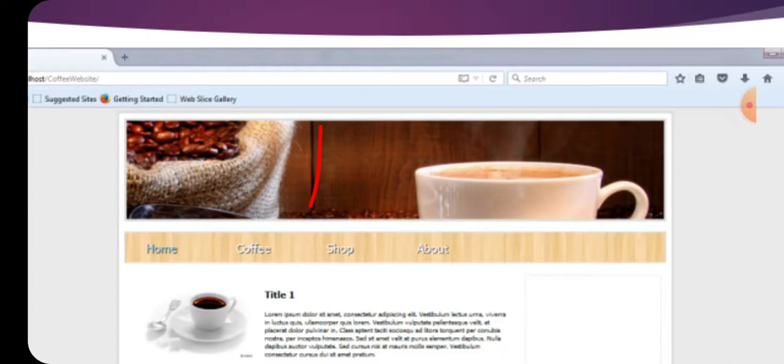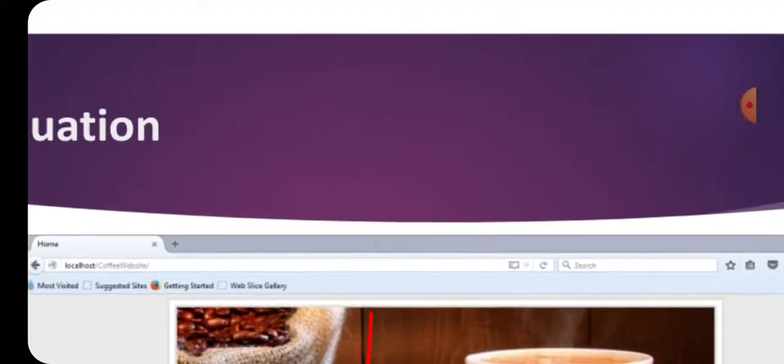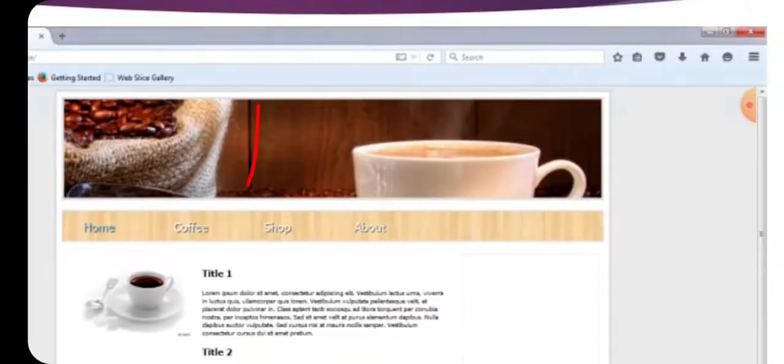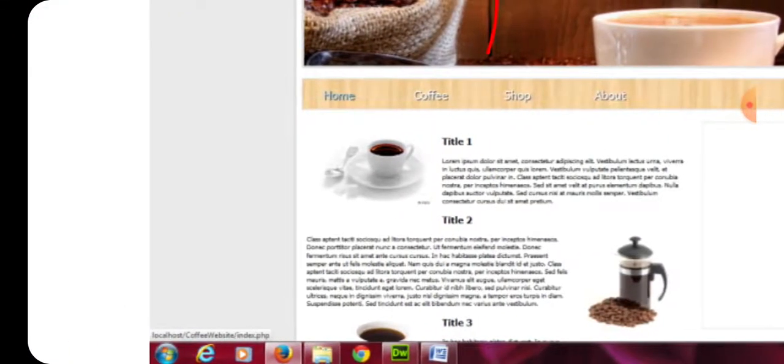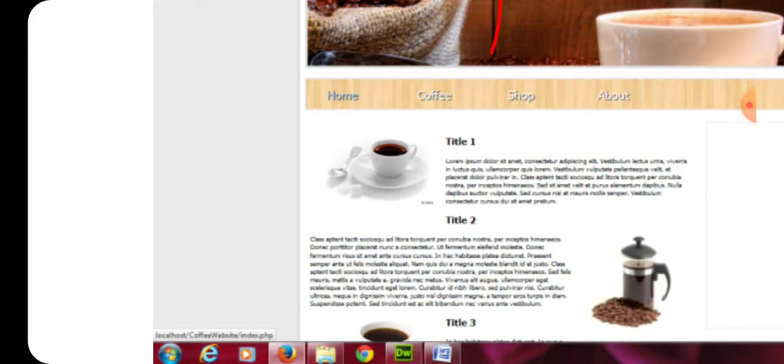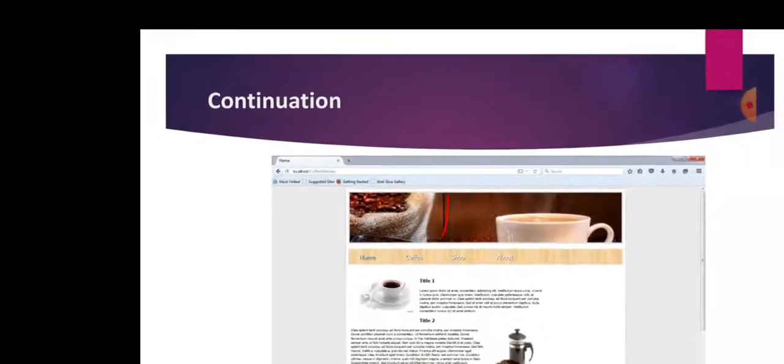Here is the navigation: home, coffee, shop, about. The navigation class consists of some styles that are reflected here. Images are aligned this way, and the paragraphs are aligned just like this. Okay, got it, students? This is our output.